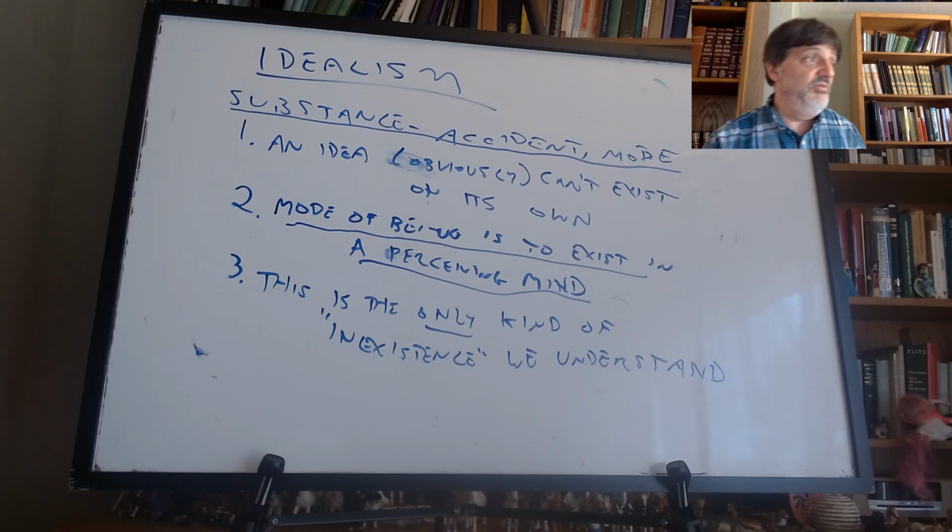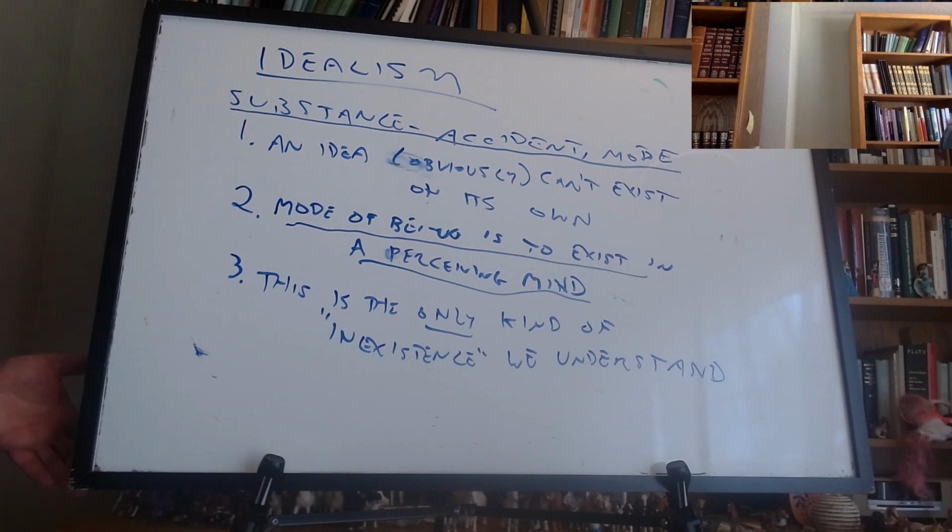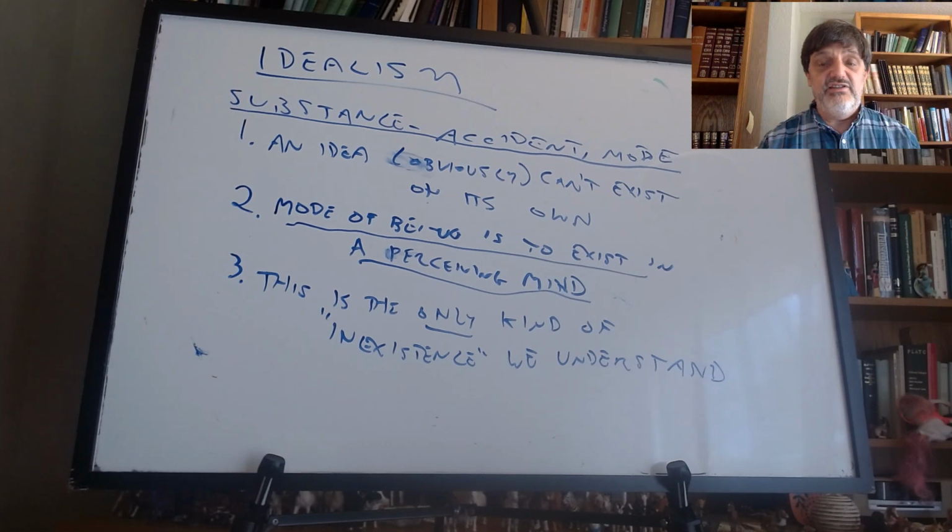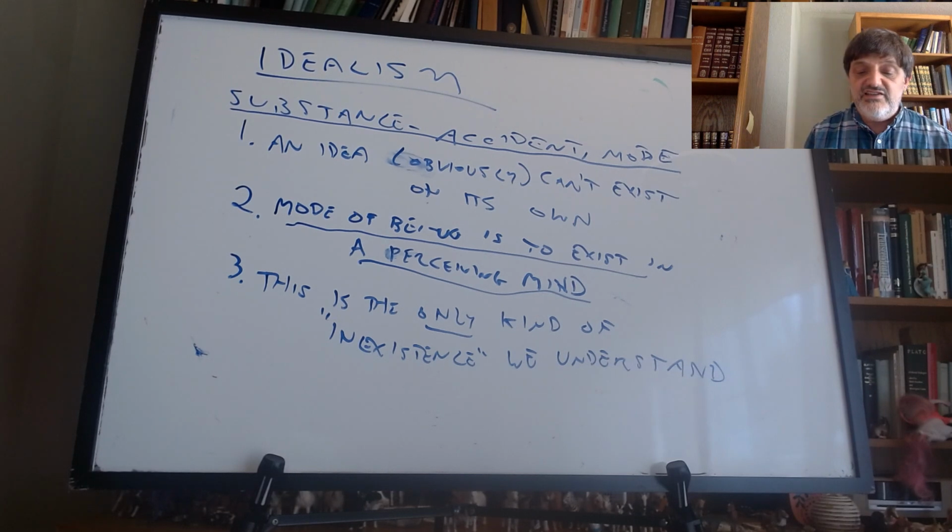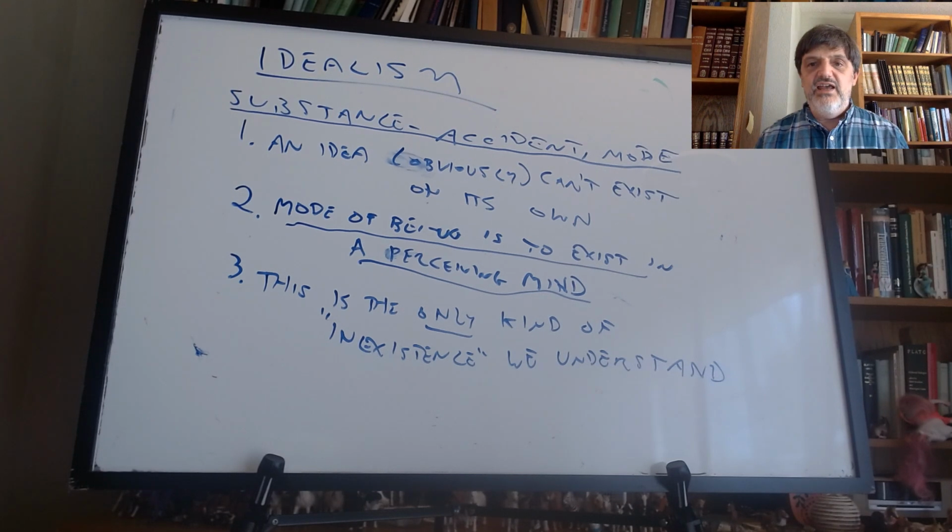Because what we have to understand here is the relationship between an idea and something that isn't an idea, namely a spirit. And if you ask Berkeley, well, how can we understand that? The answer is going to be, well, we know what the words mean. We know what the sentence, an idea exists in a spirit, means. We know what it means; we are able to use it to express our will. Okay, but skipping over that for now, this is the only kind of inexistence we understand, and therefore,